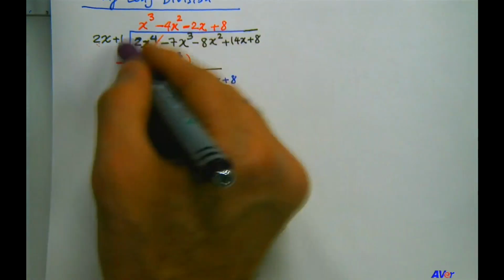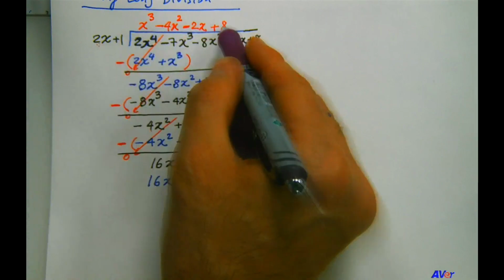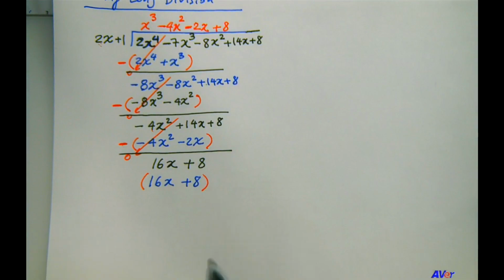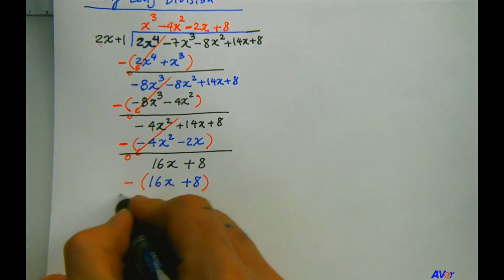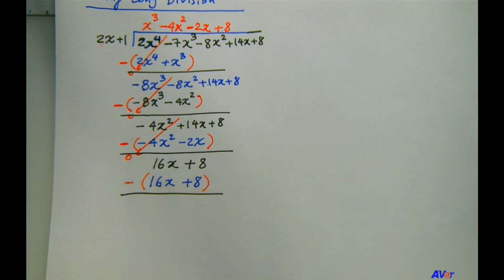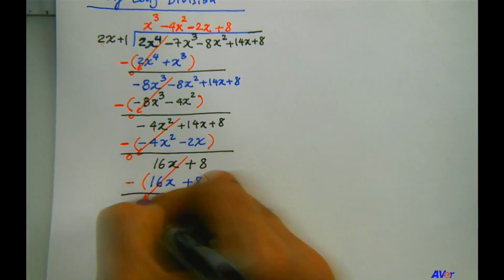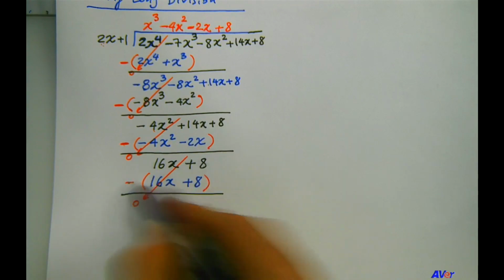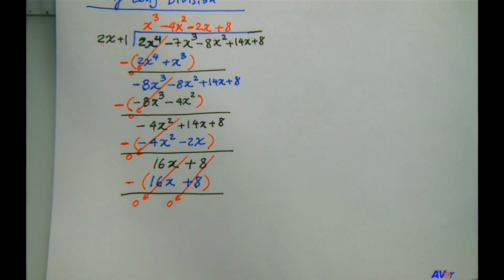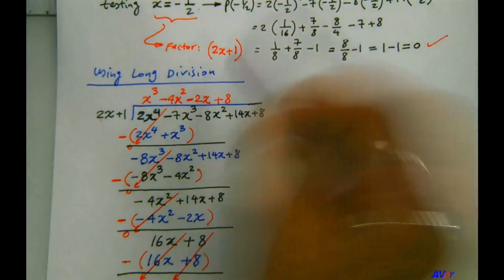Okay, as soon as we ran out of terms in the divisor to multiply by 8, we put a parenthesis around that and put a minus in front. Okay, great. So now let's subtract. 16x minus 16x, 0. 8 minus 8, 0. So we end up with no remainder, which we expected because 2x plus 1 we knew is a factor